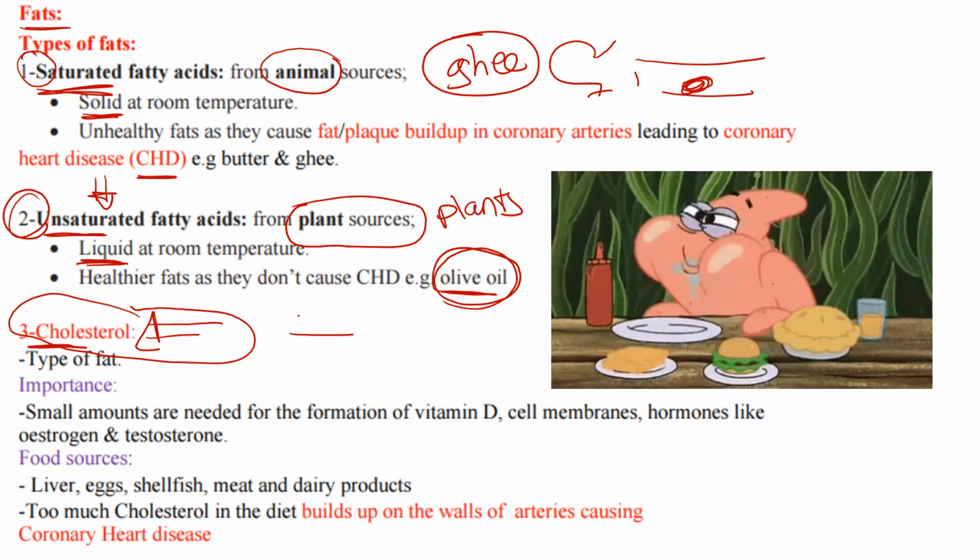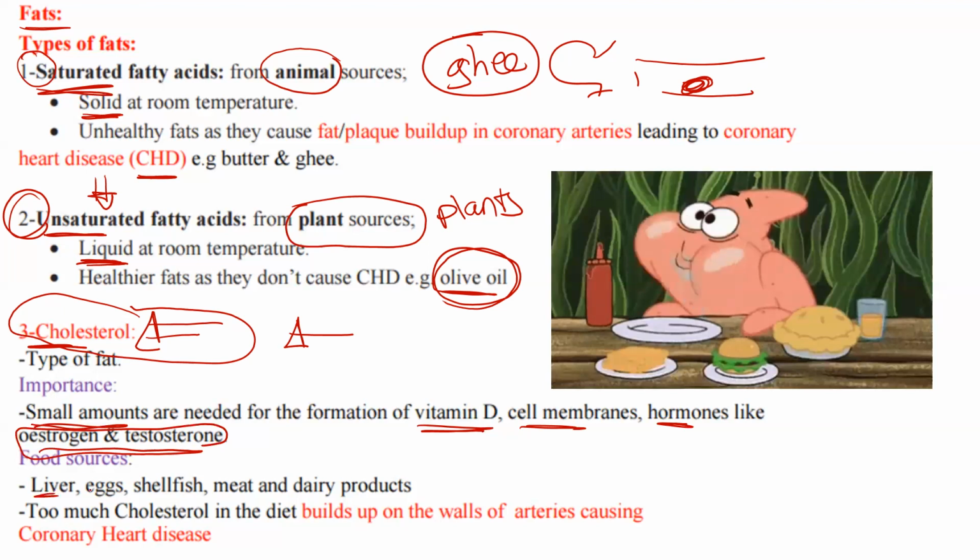Okay, the last thing, cholesterol, and I'll let you go. Cholesterol is needed also in small amounts, and is found in a lot of fatty foods. It is important for the making of vitamin D, and like any fat, it's important for the making of cell membranes and hormones. We will talk about these hormones when we study reproduction in our next lesson: estrogen and testosterone, the female and the male hormones. Any hormone needs fat. That's why fats are important.